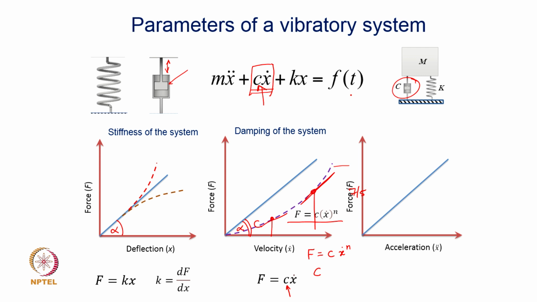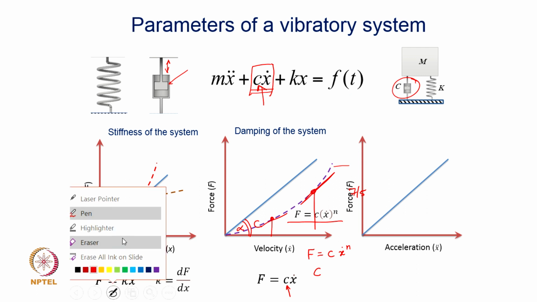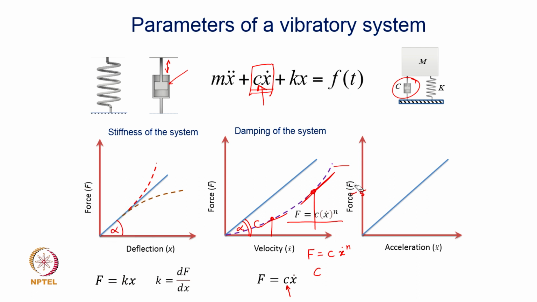However, the way we have shown all these parameters as the slopes of force versus deflection or force versus velocity graphs, inertia also is nothing but the slope of the fictitious force, the inertia force, versus acceleration. So, tan of this angle alpha is your inertia, and the equation involved of course is F is equal to m x double dot. So, m is a constant of proportionality, and therefore, for all our mechanical systems the mass is obviously going to be a constant value,